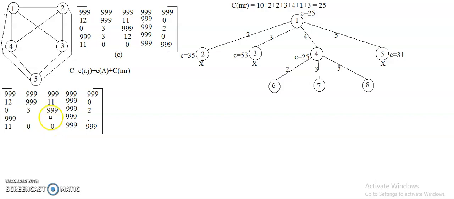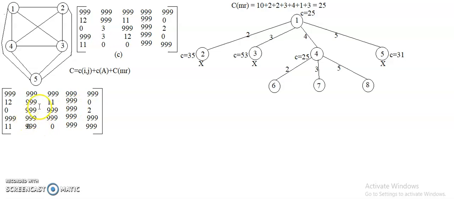So I write infinity here, here again, here also, and here too. The 4th row and second column are updated with infinity, so everything is infinity now.